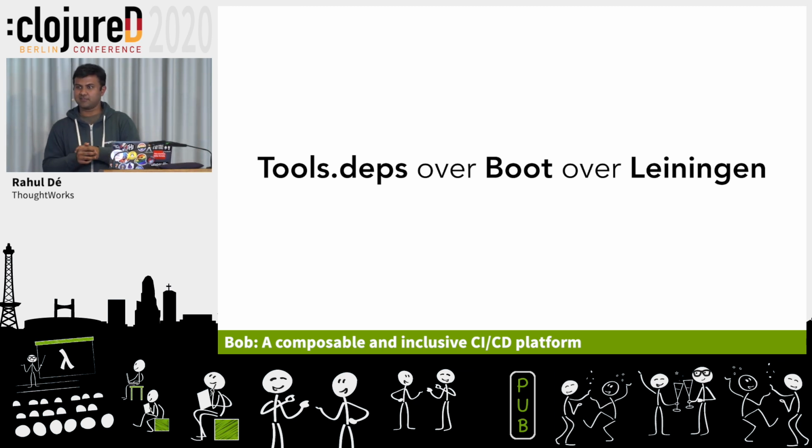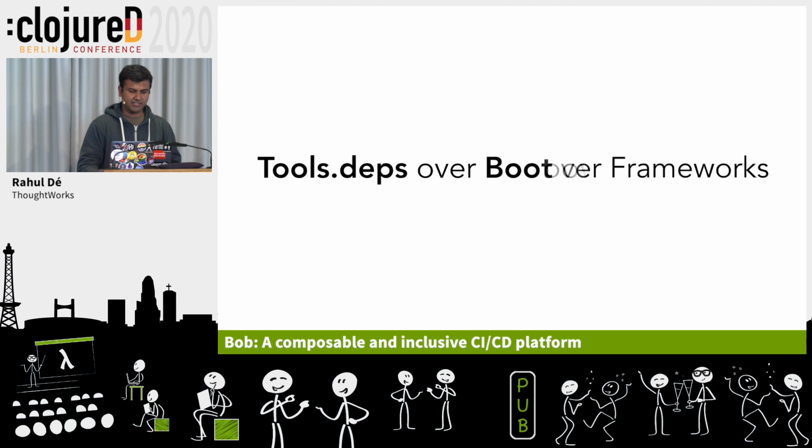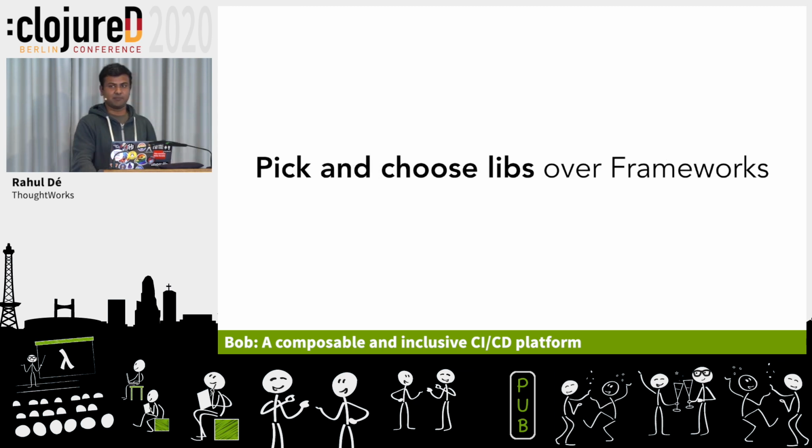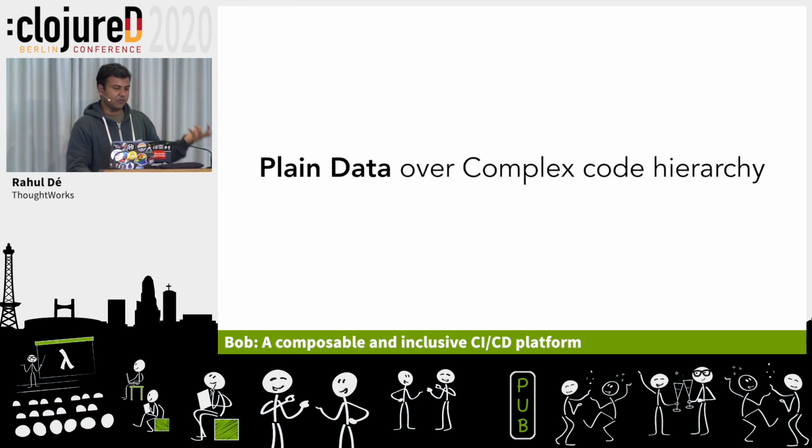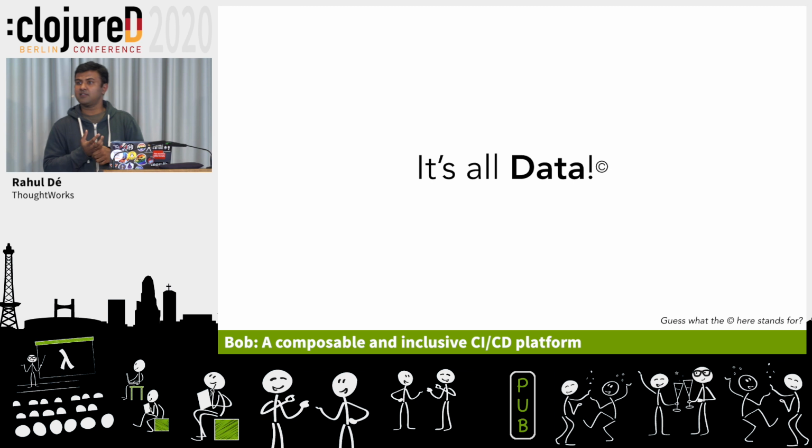You use the Unix philosophy. Use things that allow you to compose externally, right? Some of the examples we can go for, we saw a lot of examples of nice libraries today. Try using libraries, build it together yourself, because that might solve your problem in a better way than frameworks. This, I don't think I have to convince anyone here. We all know what ORMs do, but plain SQL is the thing, so just use it. Data over complex hierarchy, you don't need classes, you don't need fancy things between you and data. Right? And the customary Clojure slide, which every talk needs to have, and we have it as well.